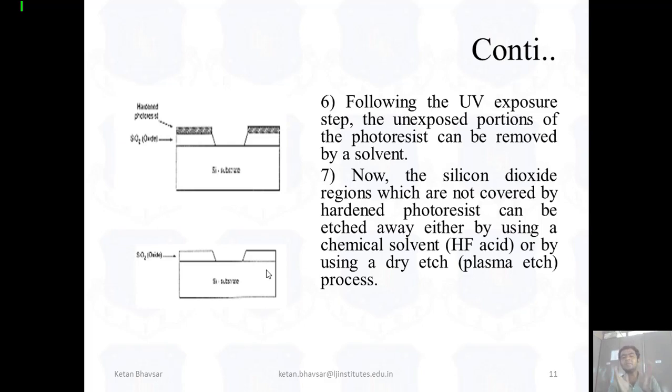So these are the basic steps for the fabrication of an integrated chip.